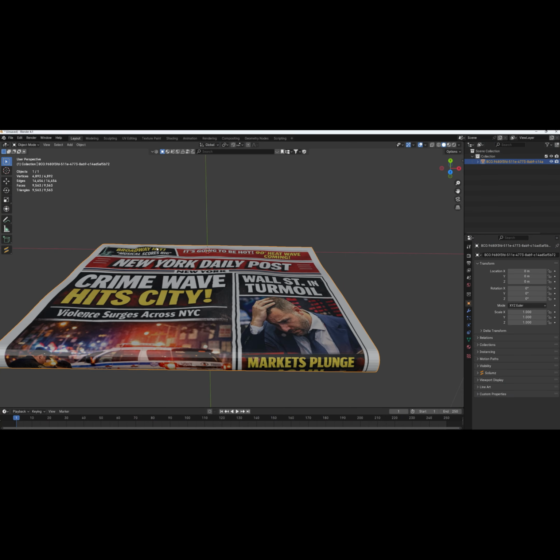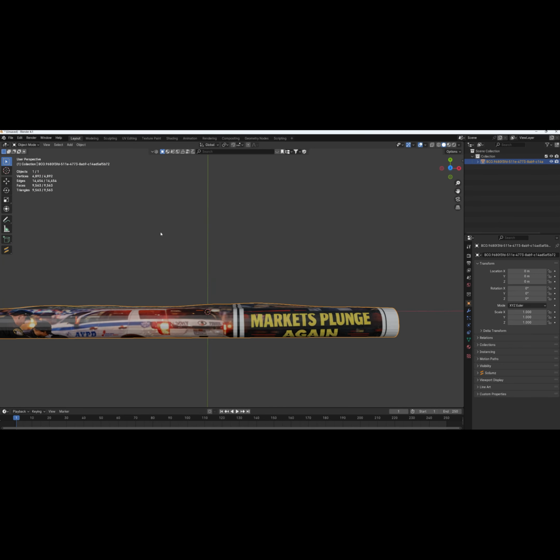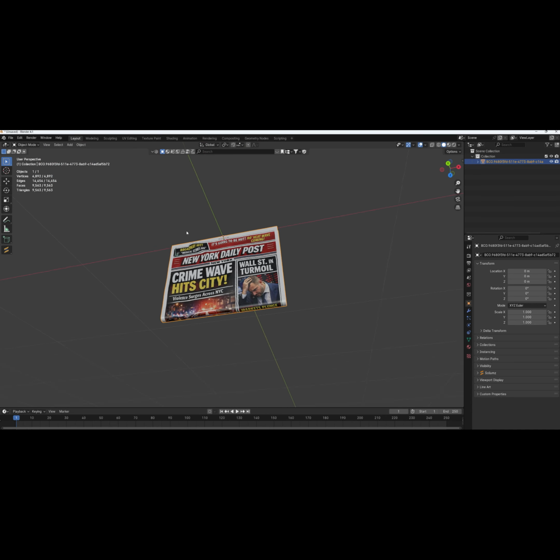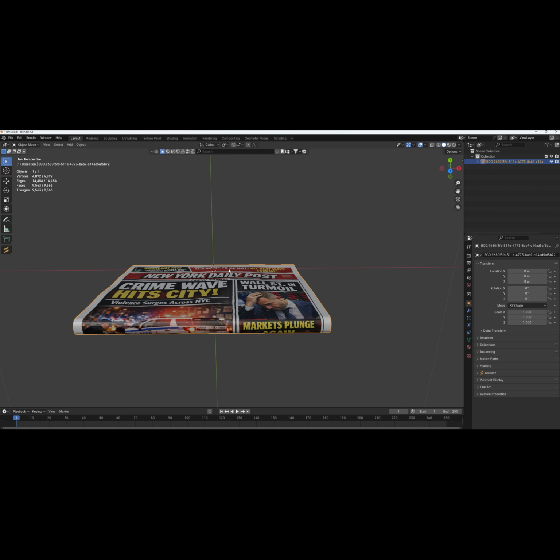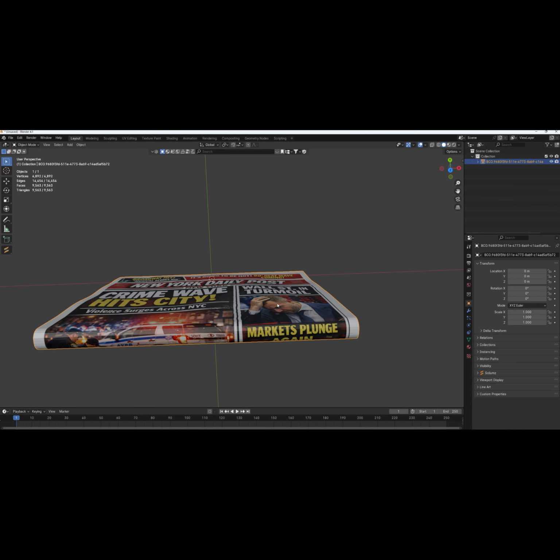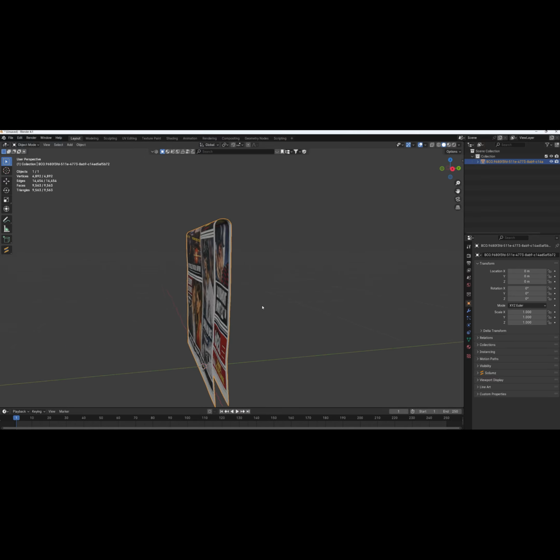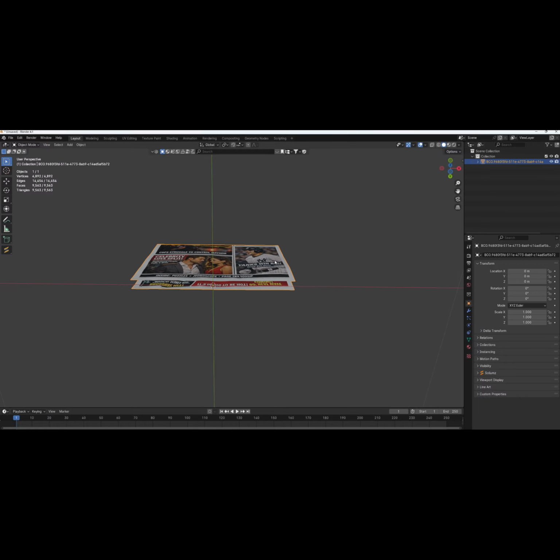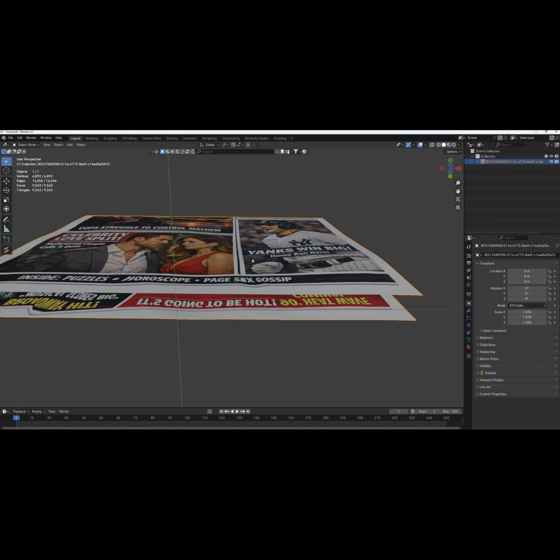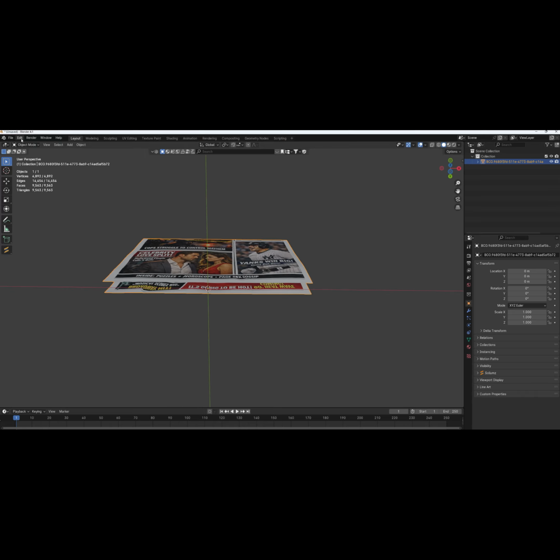We still see the nice lumps and bumps we gave it, so that works well. Let's take a look at our newspaper. Looks good, but we're missing the pages. So what we're going to do, while we're in object mode, make sure our newspaper is selected, and we come over